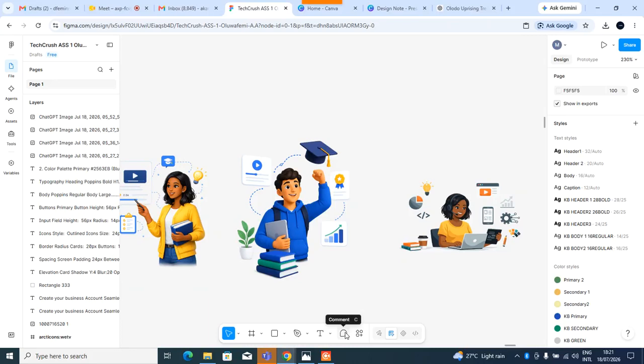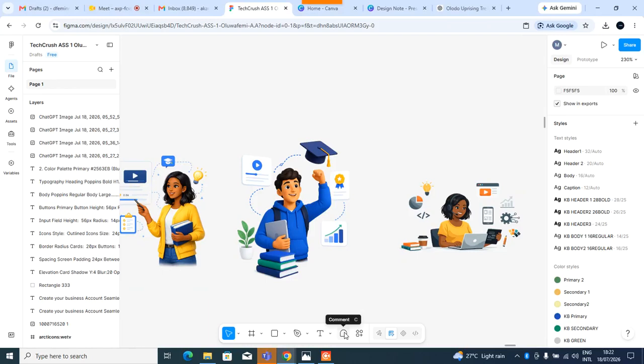Let's assume that is the screen that they gave me to design. Once I'm done with my design, I can just leave a comment there and tell our team lead to go and check for any corrections that he or she needs to make. And anywhere the team lead is in the world, he can navigate through that and